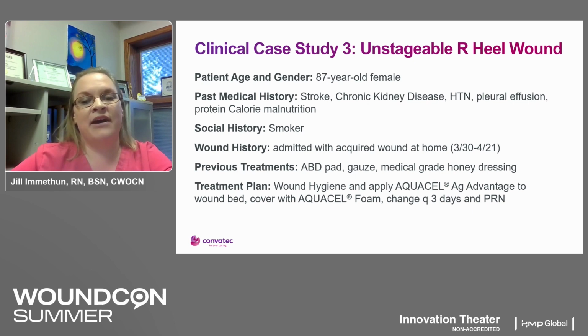And then finally, case study 3, unstageable right heel wound with our 87-year-old female. Stroke, chronic kidney disease, hypertension, history of being a smoker. This patient actually admitted, had these wounds at home, went to the hospital, came to us, and in asking her,